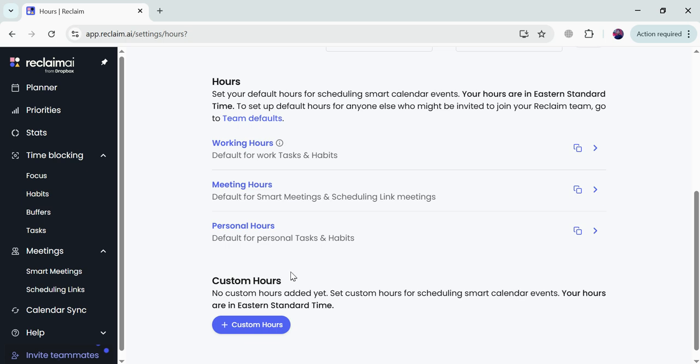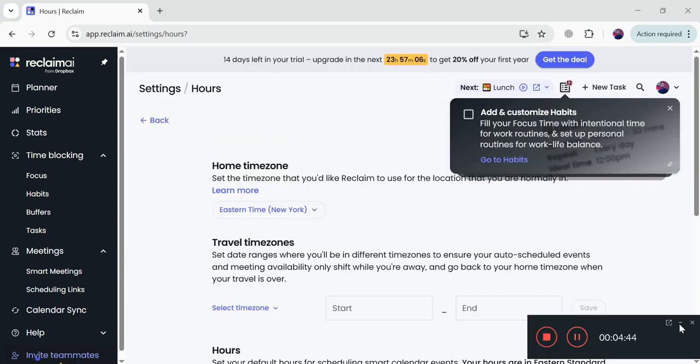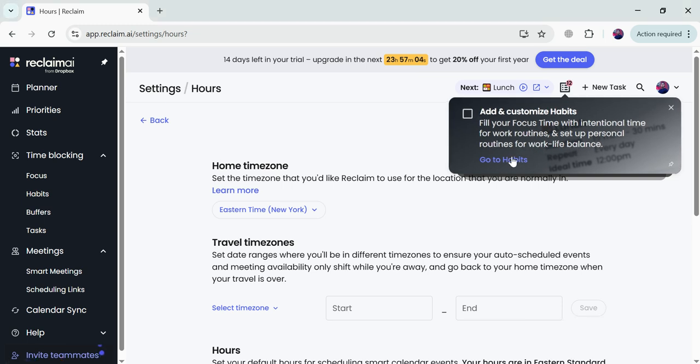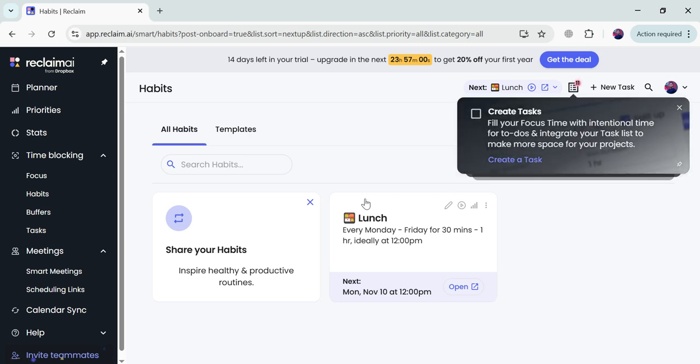And if you want to add a custom category of your own, like holidays or something like this, you can add it with the custom hours option. You can also add your customized habits, like a time for lunch or for sports, you can add everything from this option.